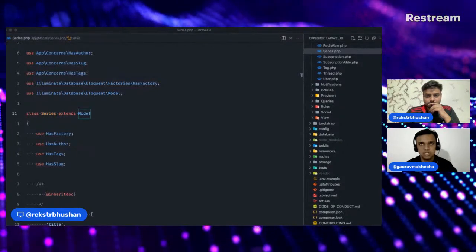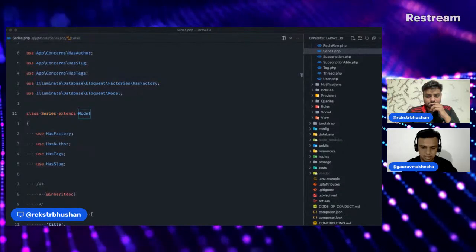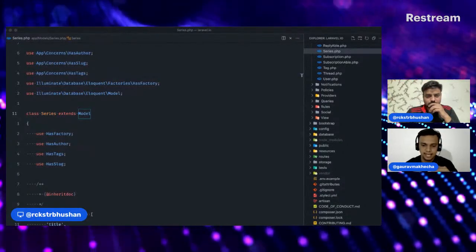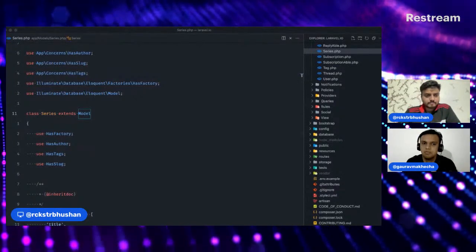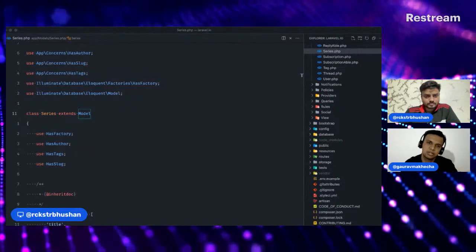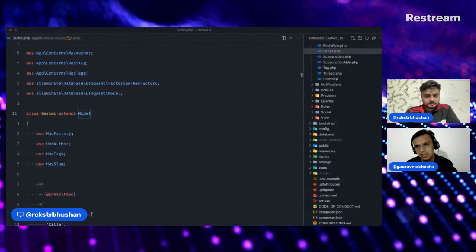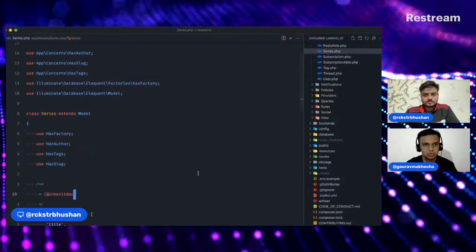So this is one of the use cases where Larastan helps us. What it does is it looks at our migration files, and then it adds those properties to this class. So we would have a migration file for adding the series table, and then it will have some columns, right? And then when we are playing with the series model, Larastan knows what is the flow.